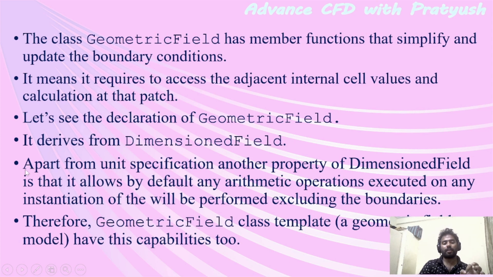So you can see here that I have mentioned that apart from the unit specification, another property of the dimension field is that it allows, by default, any arithmetic operation executed on any instantiation of the field, excluding the boundary condition. So it will exclude the boundary condition if you want to apply any arithmetic operations. Okay, so this is the capability of the dimensional field. Therefore it will also apply to the geometric field because we are deriving from the dimensional field. Okay,